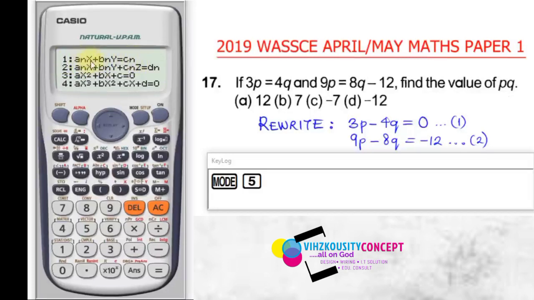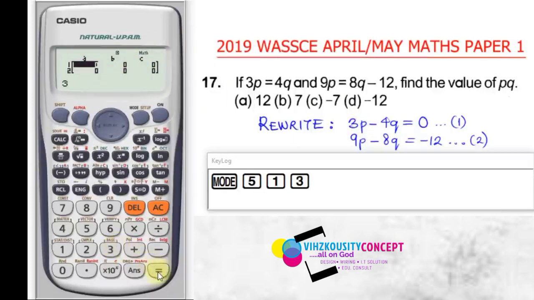N means that we take an iteration from 1 to whatever it is. But here in this case, it is 2. That's why we call it simultaneous equations. So I can just press 1, and then in the first equation, a, b, and c, a is the coefficient of the first variable, b is the coefficient of the second variable, and c is the constant on the other side. So here, I'm having the coefficient of P as 3, so I press 3,